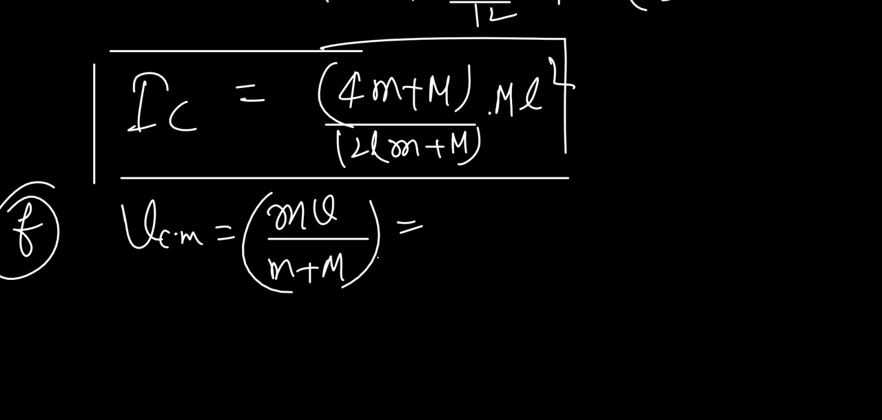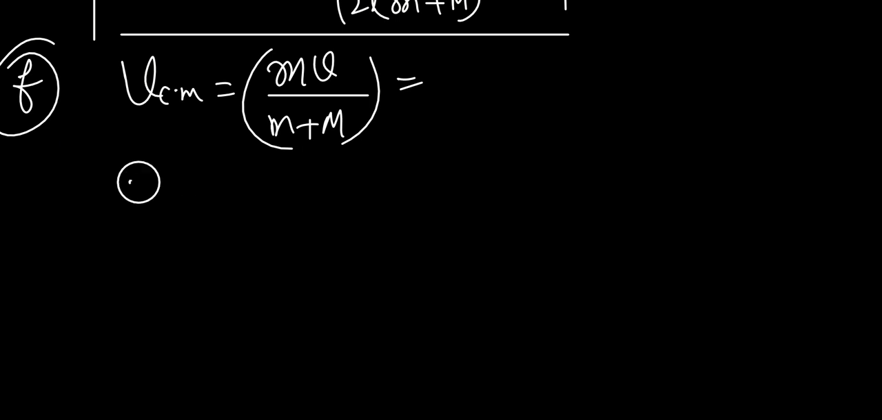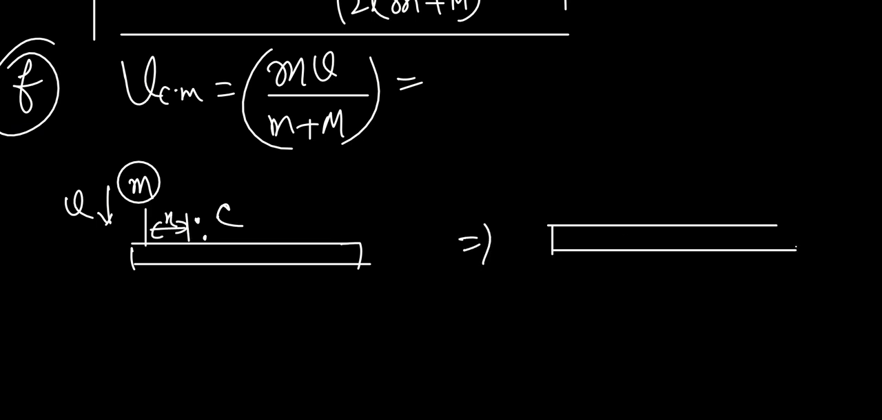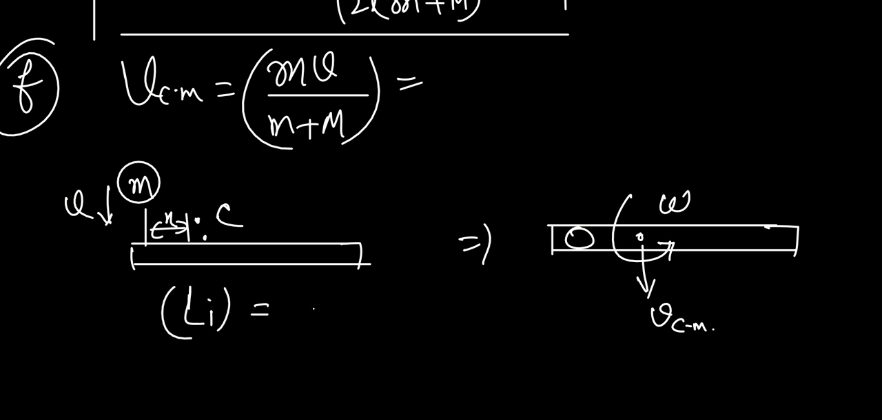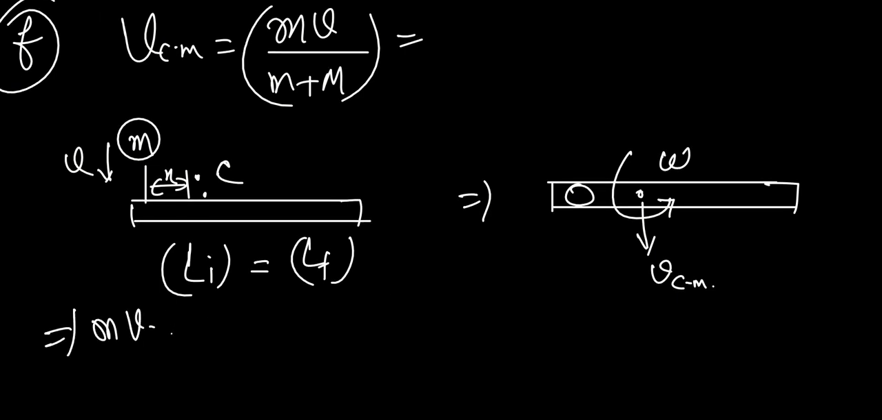But the angular momentum can be written as follows. Suppose this is the mass which was having the velocity v before collision, and suppose this is the center of mass and this distance is x. After the collision, it got stuck to the rod and the center of mass has the velocity vcm and angular velocity omega. So we'll apply conservation of angular momentum: the initial angular momentum and final angular momentum should be equal. So the initial angular momentum is mv